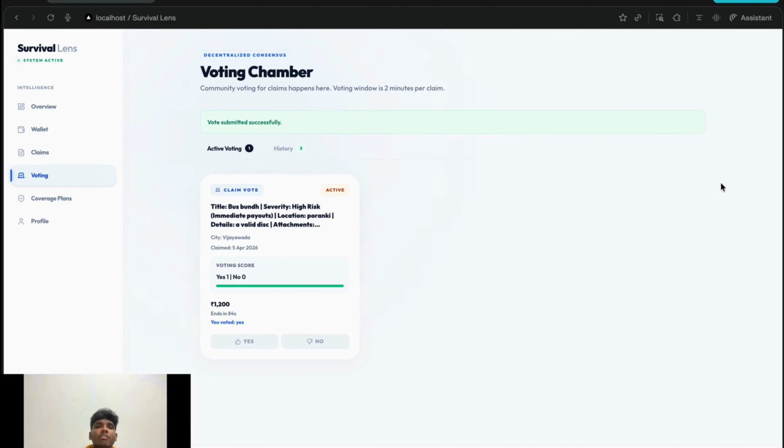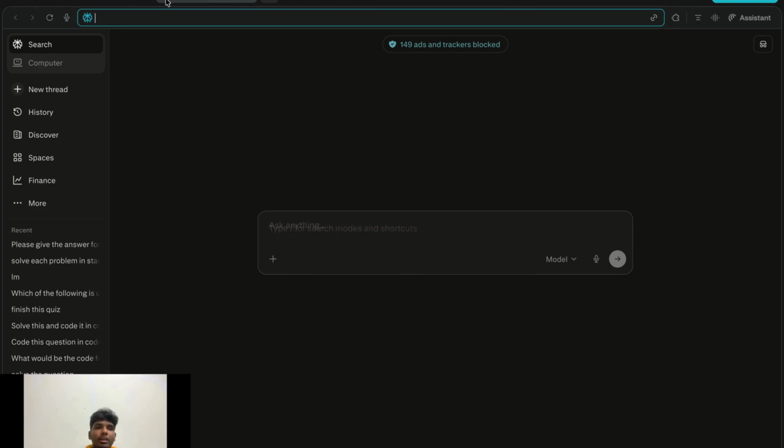As you can see, when something is detected or claimed, the users in the region of the claimed user get the voting, and the percentage of voting will decide whether the user gets the claim or not. So after the voting completes, we have